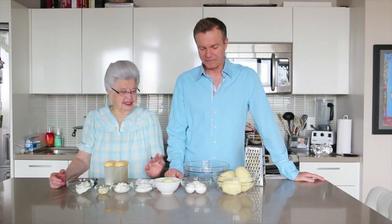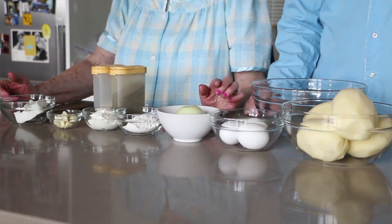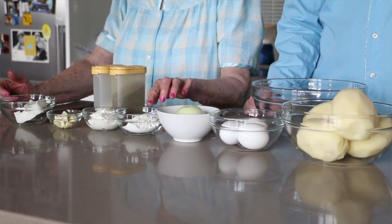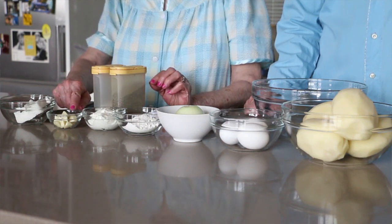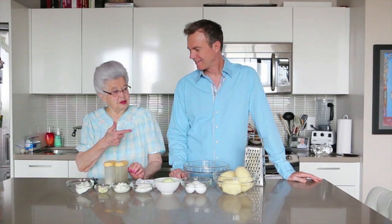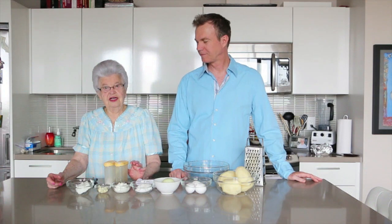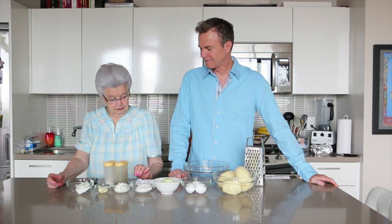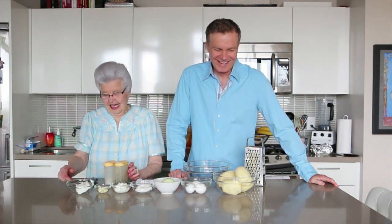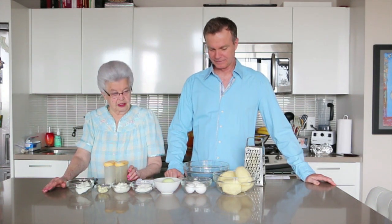And the ingredients are 4 large potatoes. They'll have to be grated. I have 3 eggs here, but I think I'm only going to need 2. 1 large onion grated, 2 tablespoons of flour, 2 tablespoons of sour cream, and I have 4 cloves of garlic, and they'll have to be crushed. And then there is the Crisco to grease the cookie sheet